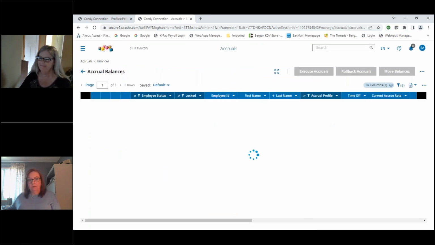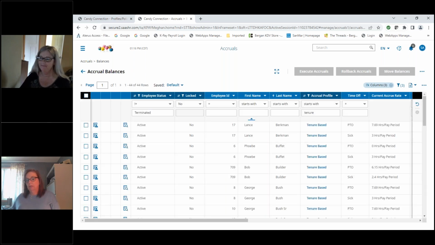And I'm just going to click on run the report. This report is really nice. It runs in live time, so everything that is on here is as of the day that you run it. You can have it filtered to all employees. You can filter out your terminated employees, whether they're locked out of the system or not locked out of the